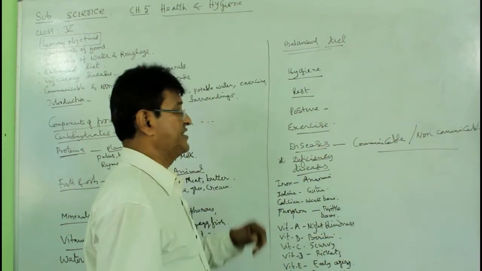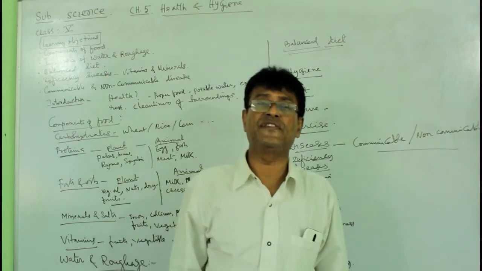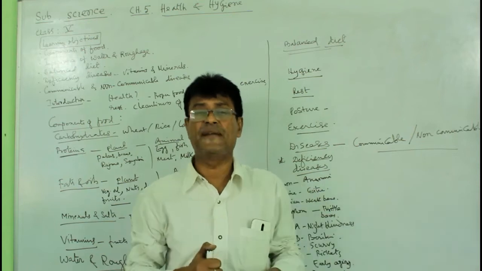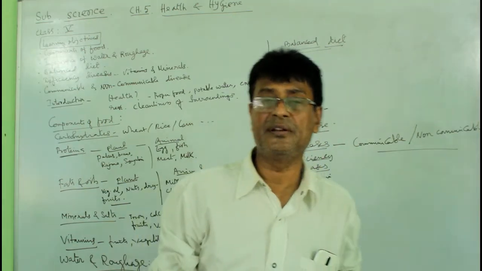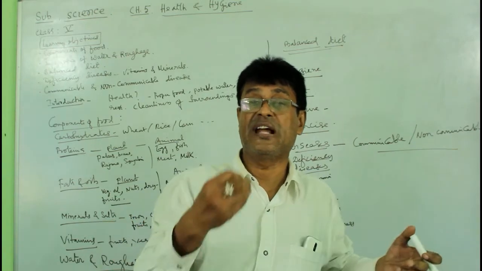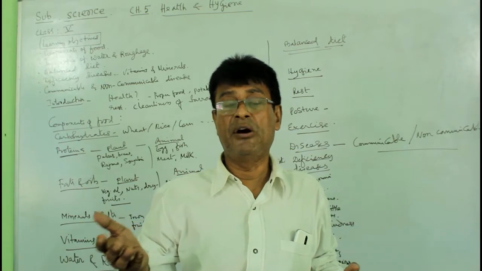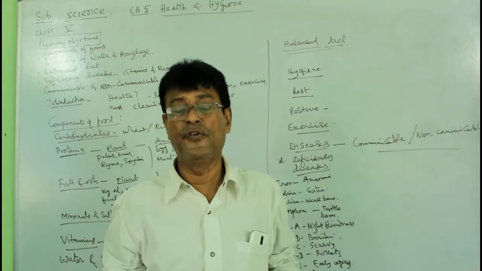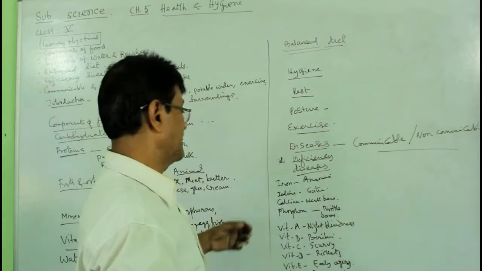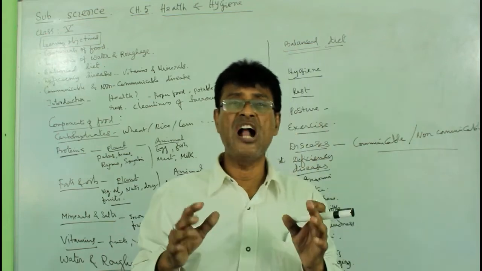Well, the deficiency. Different diseases occur due to deficiency. Number one, in our country, the most common deficiency disease comes from undernutrition. What is undernutrition? The people in our country mostly don't get food properly. So for that, they are deficient in the amount of balanced or simple food, and so they get deficiency disease. Okay, the deficiency disease comes due to undernutrition.